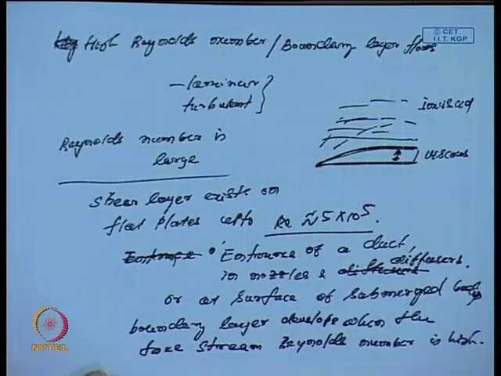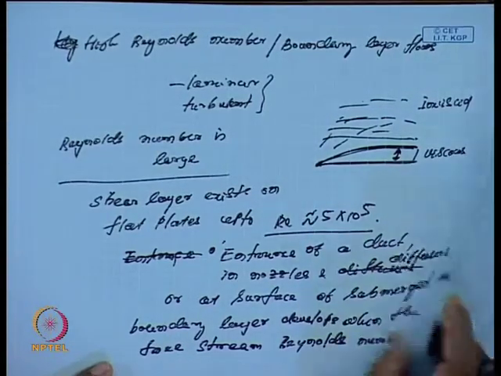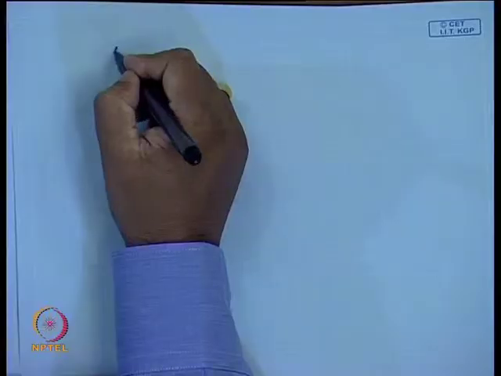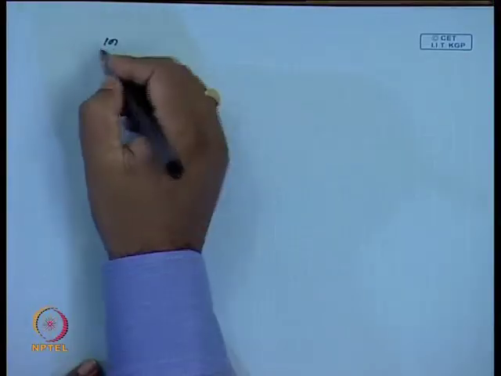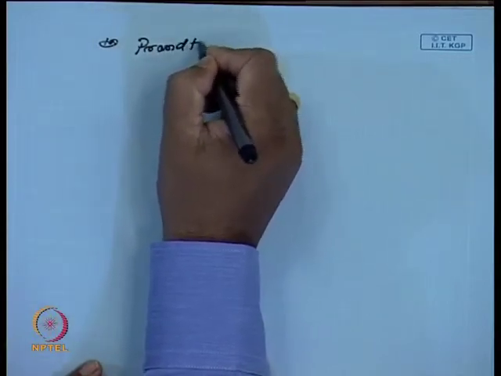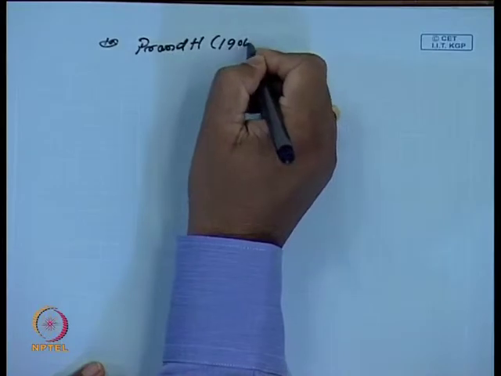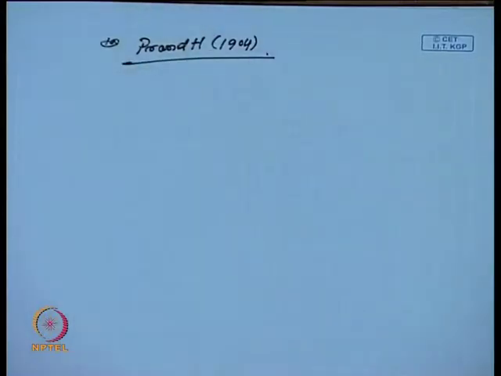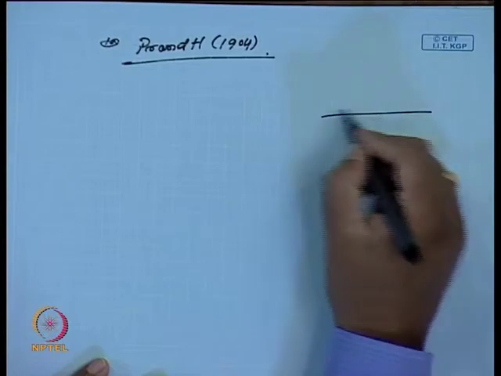In fact, in 1904, Prandtl, in a paper on fluid mechanics, talks about how the Navier-Stokes equation holds in a very thin layer near the surface of a boundary,